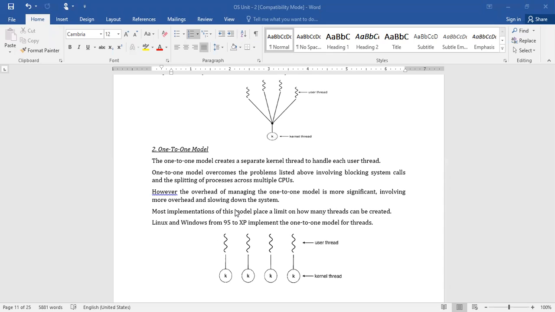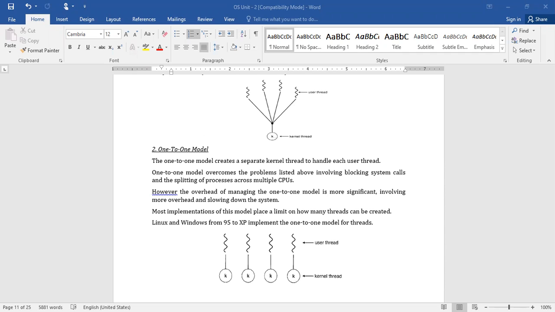In such a way, it overcomes the problem of the previous one. But it is very complicated. It puts a lot of overhead on the CPU, especially when we have multiple CPUs. In that case, it becomes very difficult to implement.